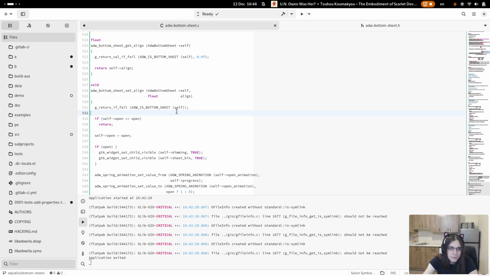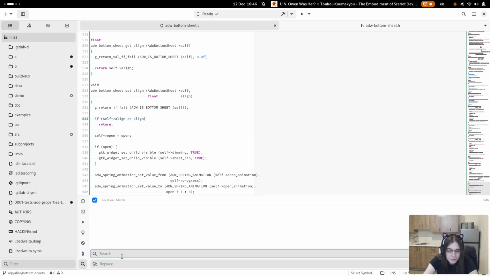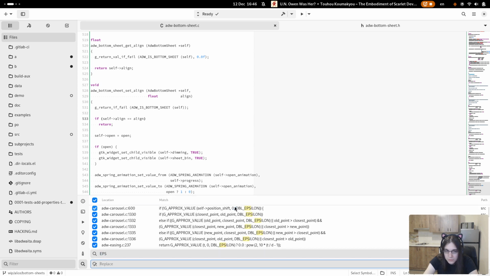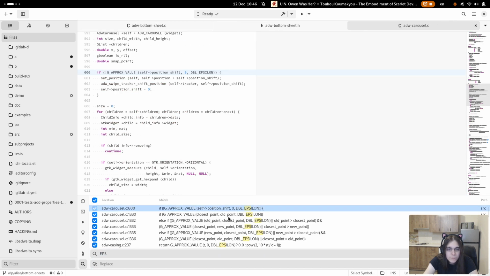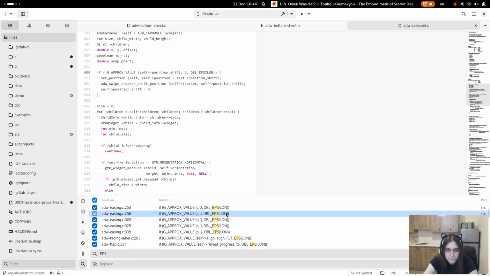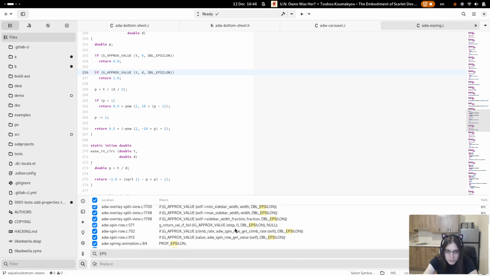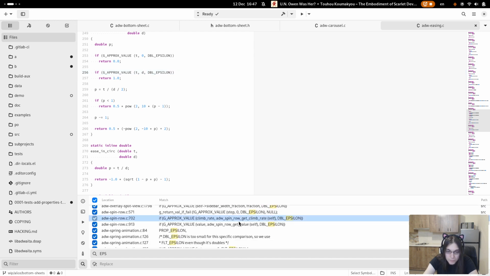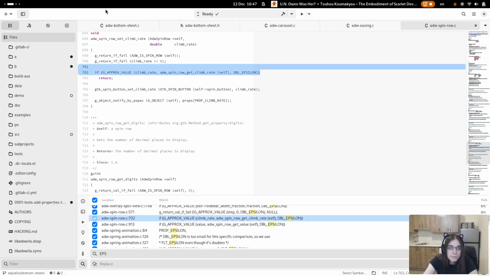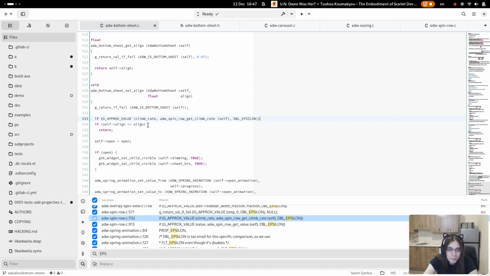Align. Now this, I forgot if we do it for setters, like the proper. Yeah, we do. Okay, the proper float comparison with epsilon, because to combat rounding errors.